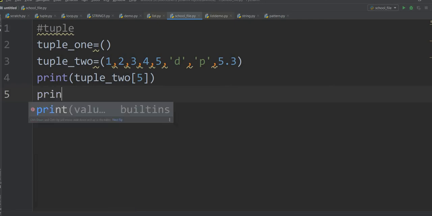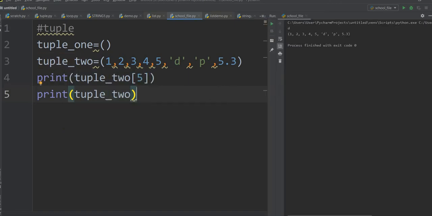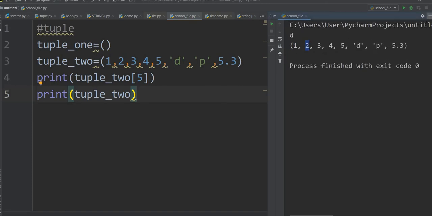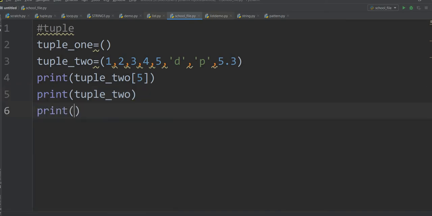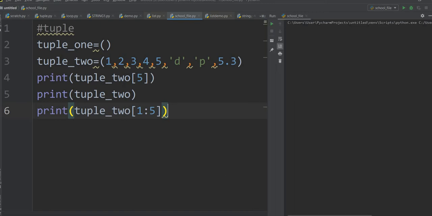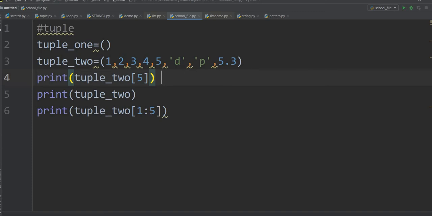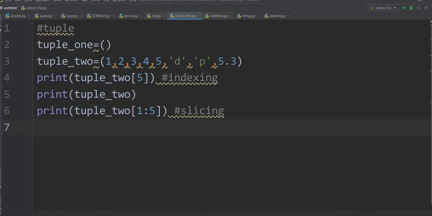We can print the whole tuple just by mentioning the tuple name in the print function, the whole tuple. Okay, we can slice a tuple by using the slicing method that we have already used in string and list. 1, 5. So what we see is, we can use indexing, we can use slicing. Okay, and the most important thing, how to traverse the tuple, just like we did in list and string,